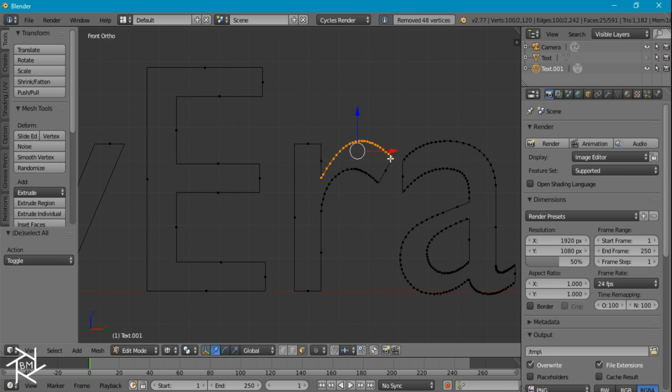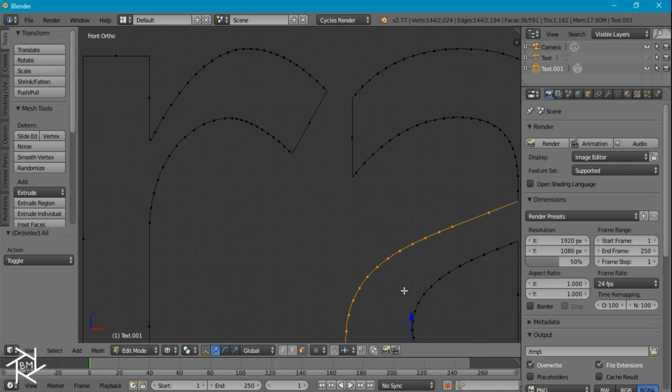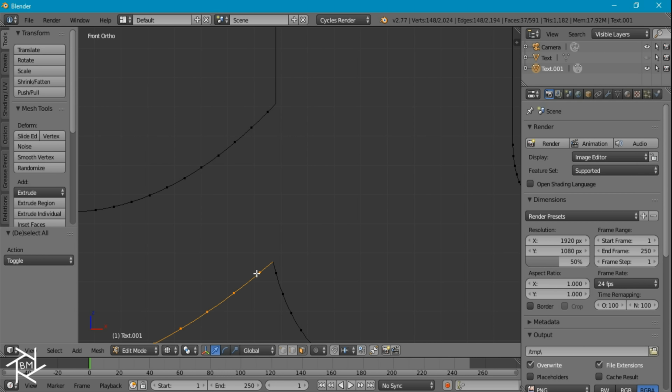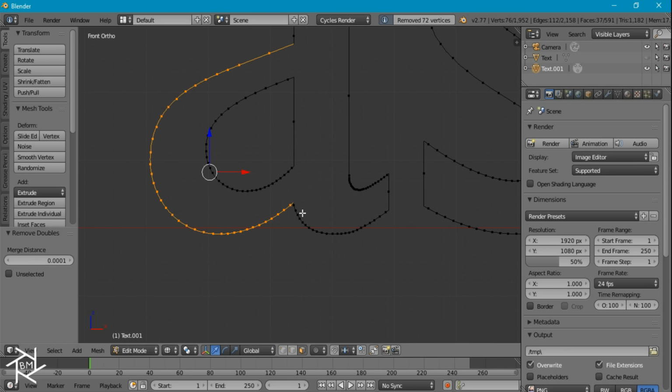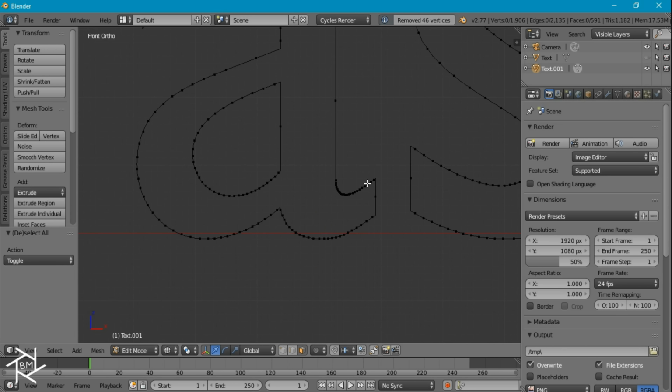Just like that. And we'll have to do the same thing with this A as well. So just select those faces and remove them. And these faces, not those. We want to zoom in here and just select that, remove the doubles, and then select all of these faces here, remove them, and do the same thing again here,